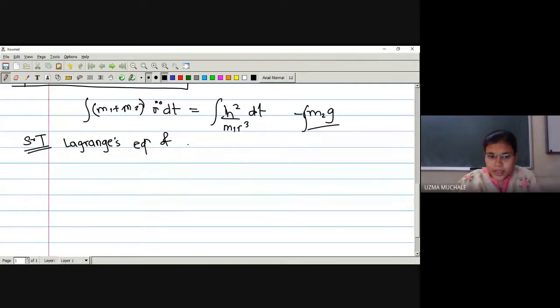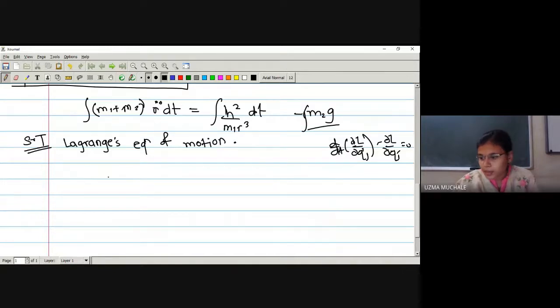Why do we say equations of motion? If we are writing only one equation, d by dt of dou L by dou qj dot minus dou L by dou qj is equal to 0, then why do we say Lagrange's equations of motion? Can anyone answer this question? It is not related to mathematics actually.